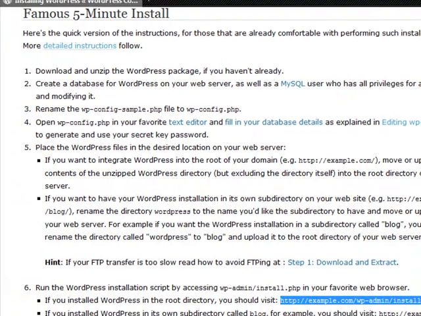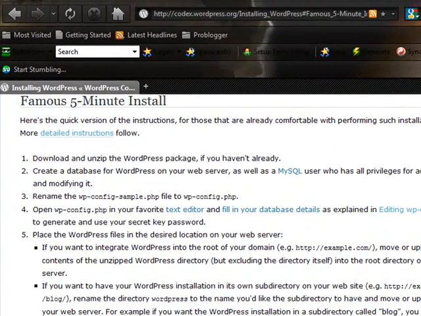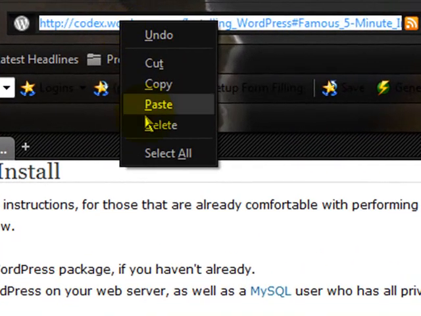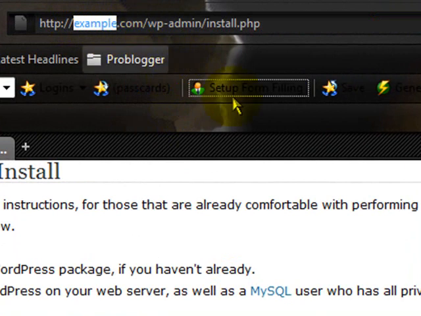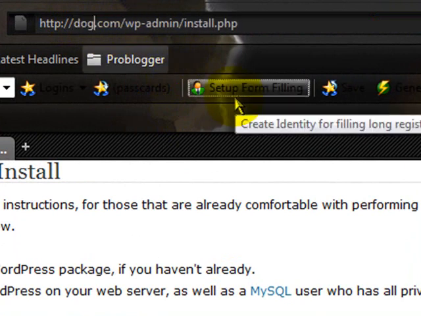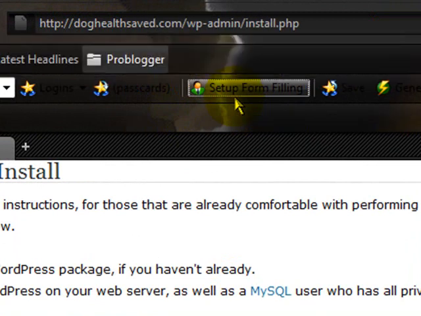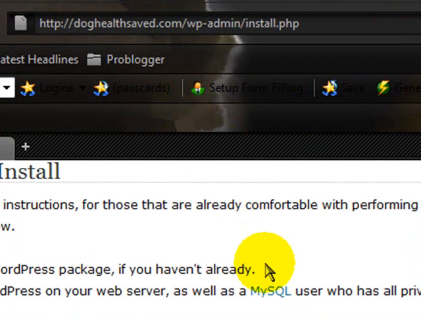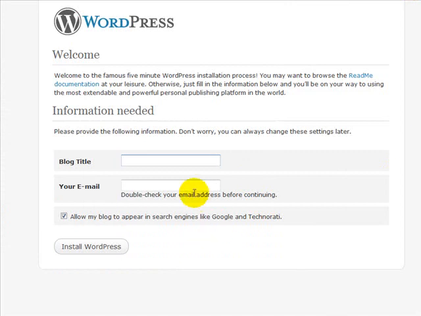Bring the browser down so you can see. Copy that directly into there and simply replace that with saved.com and hit return, and that will bring up our access to WordPress. Then let me expand that again and just put in our blog title. Blog title is going to be dog health